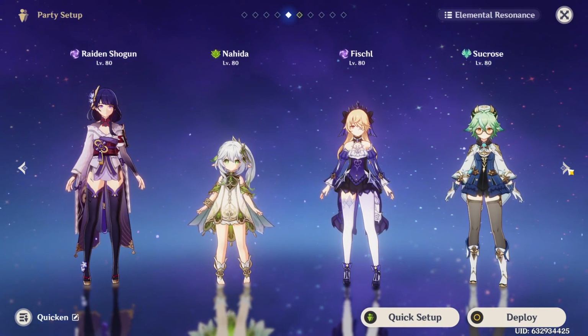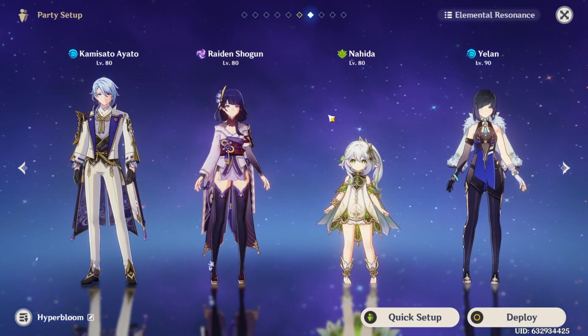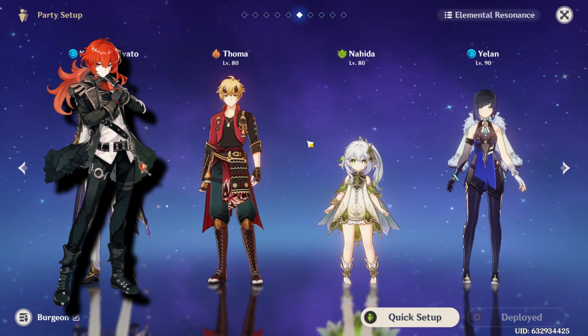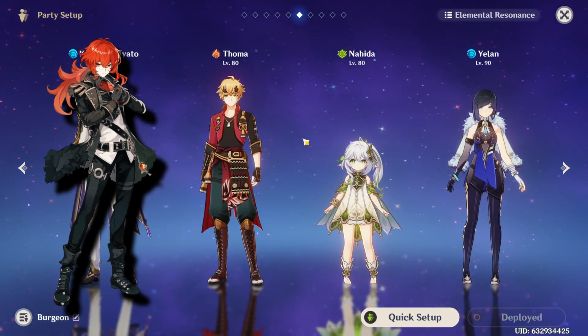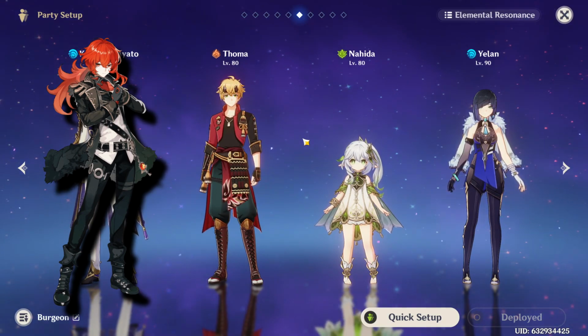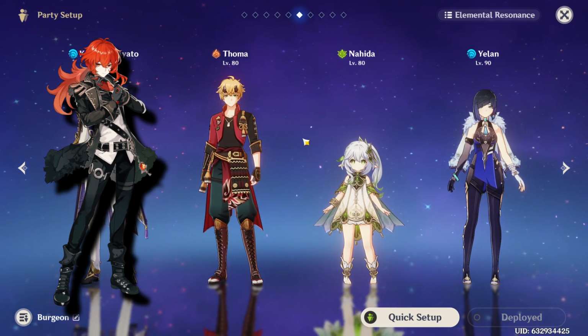Another team Nahida can be helpful with is a Burgeon team. Look at the characters we discussed in the Hyperbloom section, but replace the Electro characters with either Thoma or Diluc. Diluc would be the on-field character, so make sure to surround him with Dendro and Hydro supports to allow him to maximize his Burgeon numbers. Once again, Diluc should have a high Elemental Mastery since he will be creating the Burgeon reaction, as well as